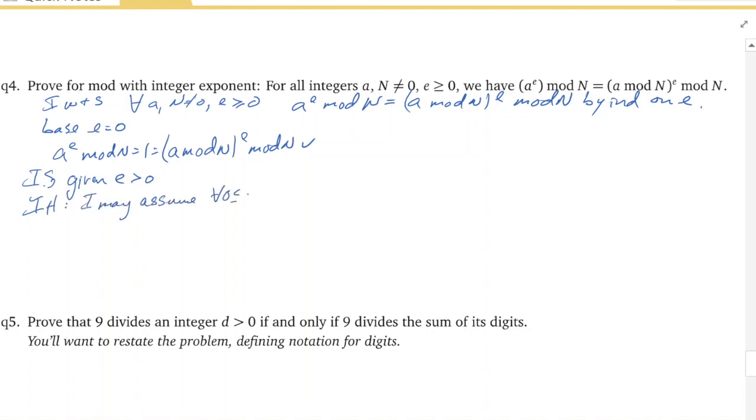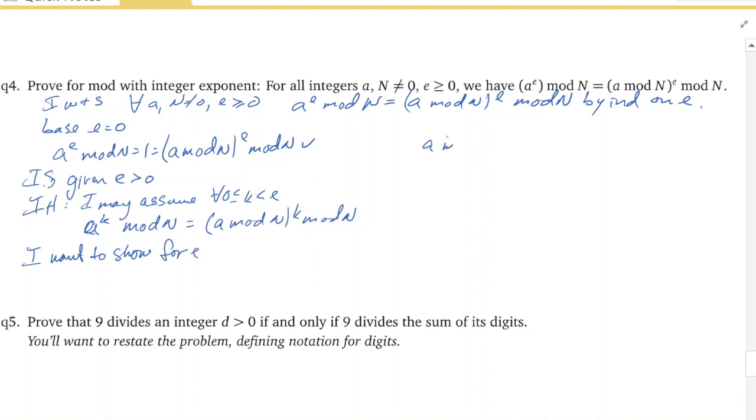that for all 0 less than or equal to k less than e, what I want is known, that a to the k mod n is equal to a mod n to the k mod n. And then I want to show it for e. Well, let's look at a to the e mod n, which we can just write as a times a to the e minus 1 mod n by the definition of the exponent. But that is equal to a mod n times a to the e minus 1 mod n